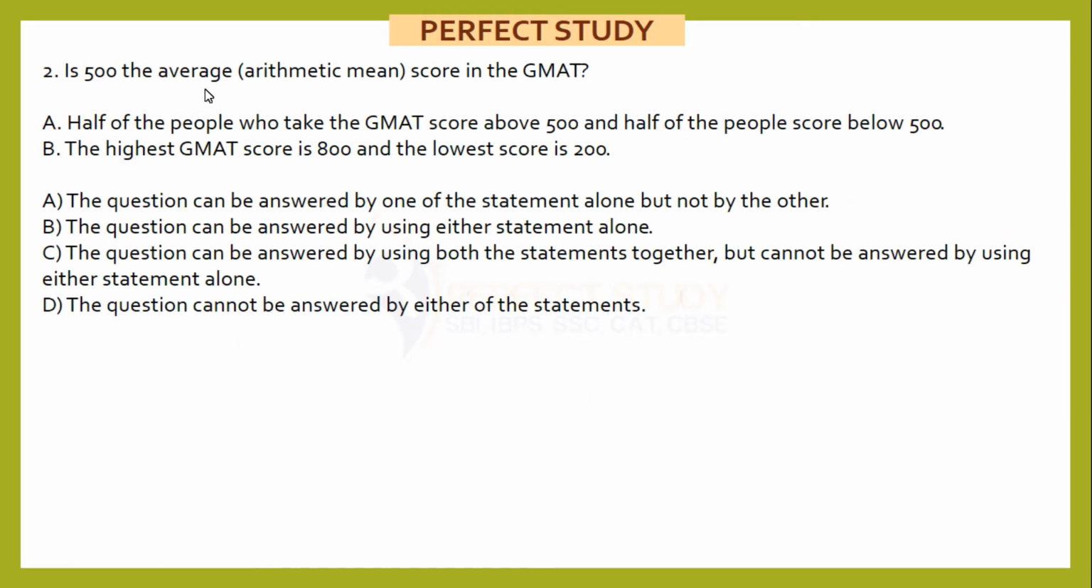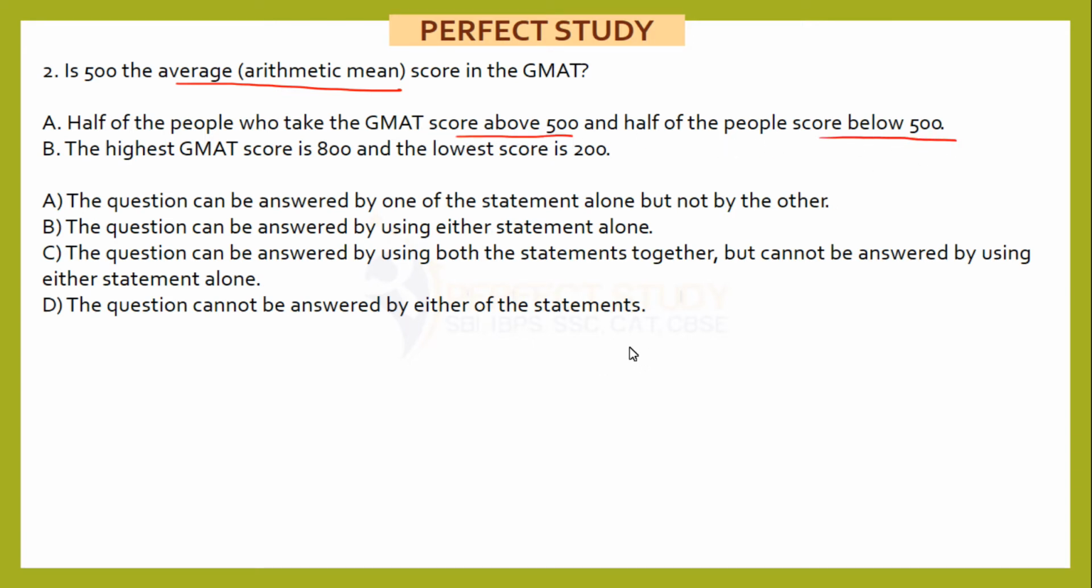Is 500 the average or arithmetic mean score in the GMAT? So this is a data sufficiency question and I have to answer this. Is the average equal to 500? Only one thing please remember, if you get a definite answer no, that 500 is not the average, that is also an answer. Now statement A, half the people who take the GMAT score above 500 and half the people